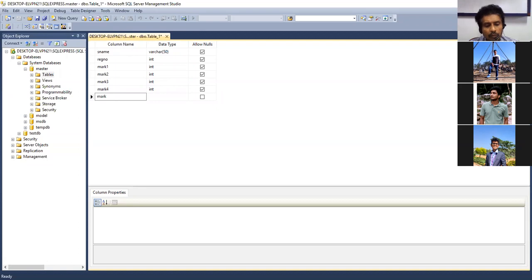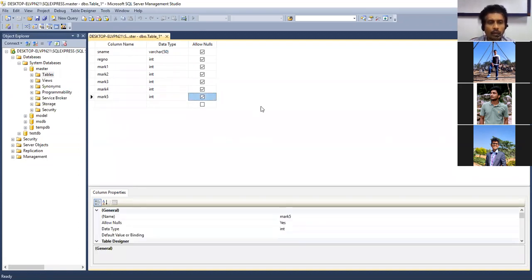So in total we are creating five subject marks. So this is the table which needs to be created.